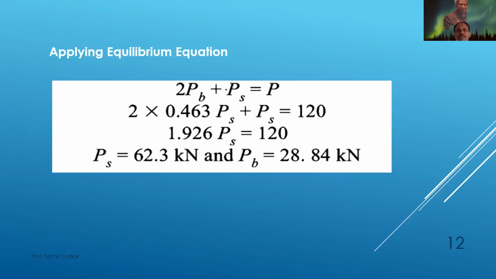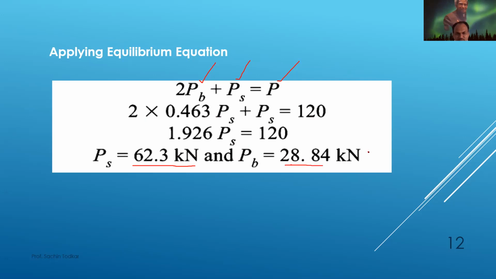Second, applying the equilibrium equation. There are two brass rods, so 2 into PB, plus one steel rod, and the total must be equal to the load applied, which is 120 kilonewton. From the previous equation, we put the value of force in brass: 2 times 0.463 PS plus PS. So this is one equation and one unknown. You can solve it directly. PS we get 62.3 kilonewton, and